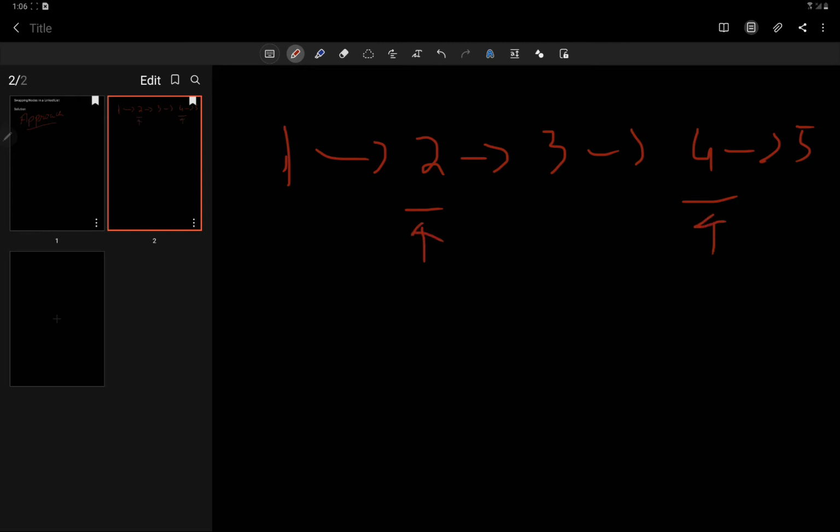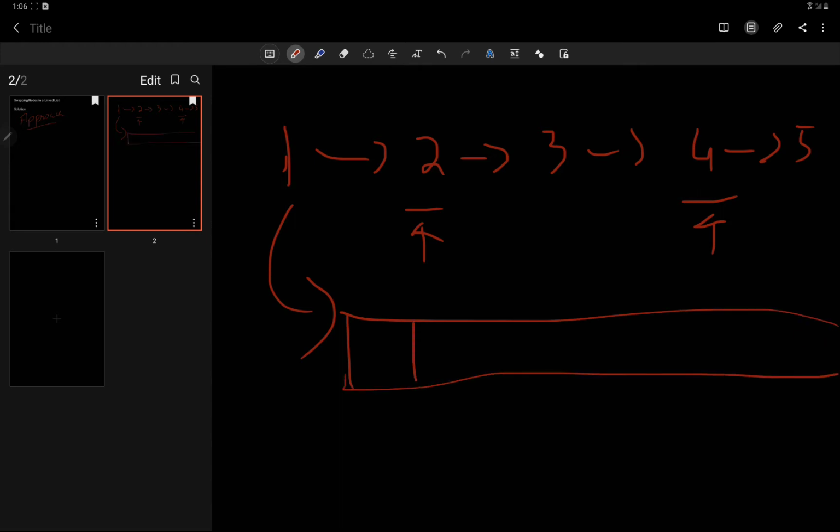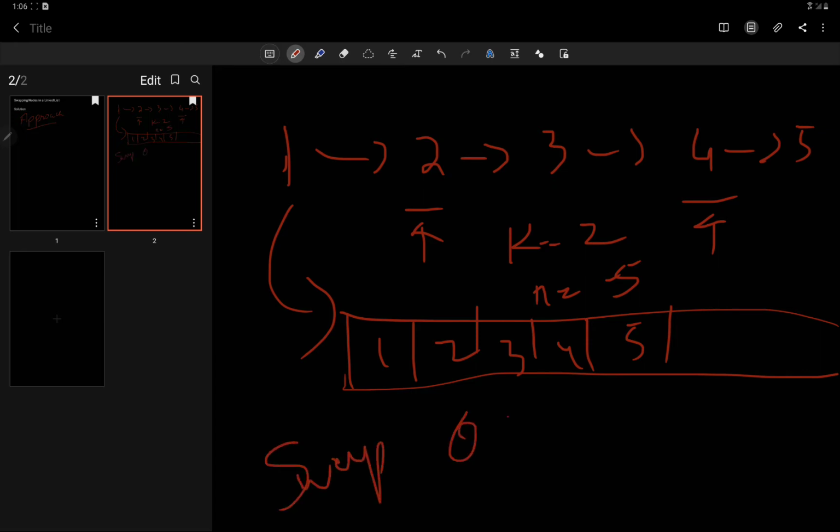What we can do is convert this list into an array containing the same values. Alright, when we create an array, and we know that we have k equals 2 and now we have length n equals 5, we just perform the swap operation, which will take O of 1 time.